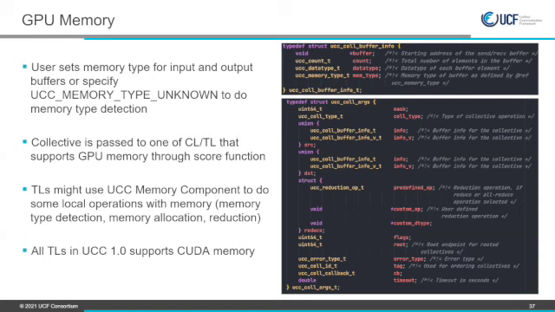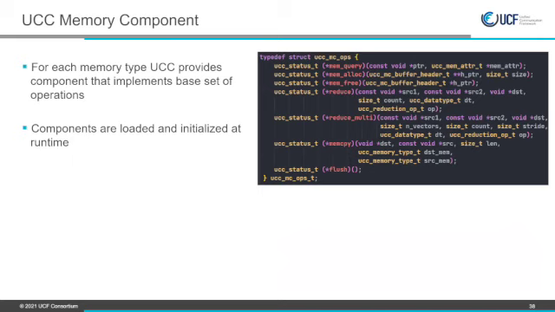The UCC memory component is the base interface, and each memory component implements all these functions. One of them is memquery, which gives memory attributes for a pointer. For example, for CUDA memory, it can be the base address of the memory allocation.